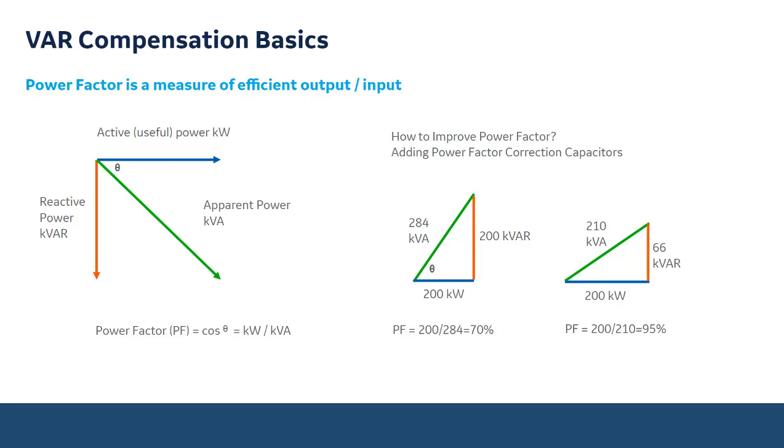And your apparent power, which is the kVA, is the green bar going diagonally down. So power factor is a measurement of the cosine of theta, your angle right there, which is kW versus kVA. So a low power factor means you're not utilizing the power you're paying for, which would be that toothpaste. As kVA decreases,